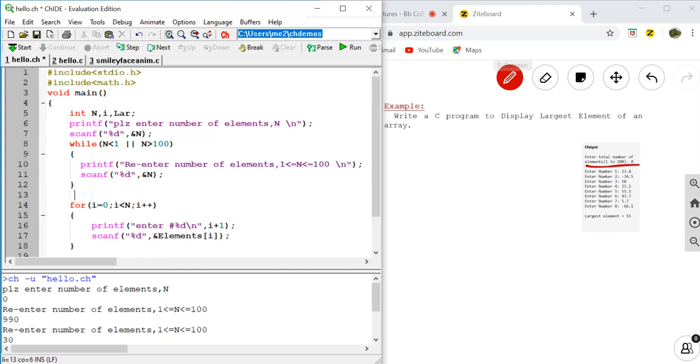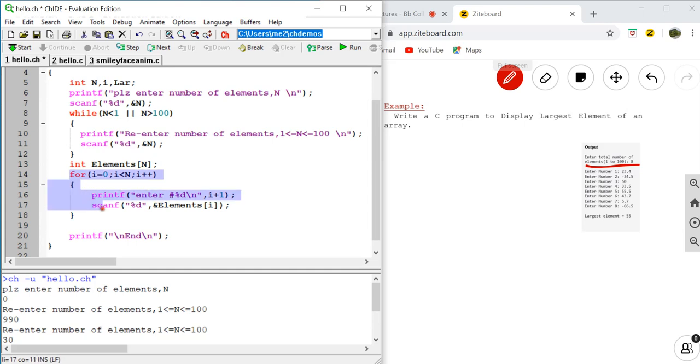So verify the value of n. Then we can say integer elements with size of n. With size of n, it depends on the user input. Now we know the value of n before, we can declare this loop to read the elements